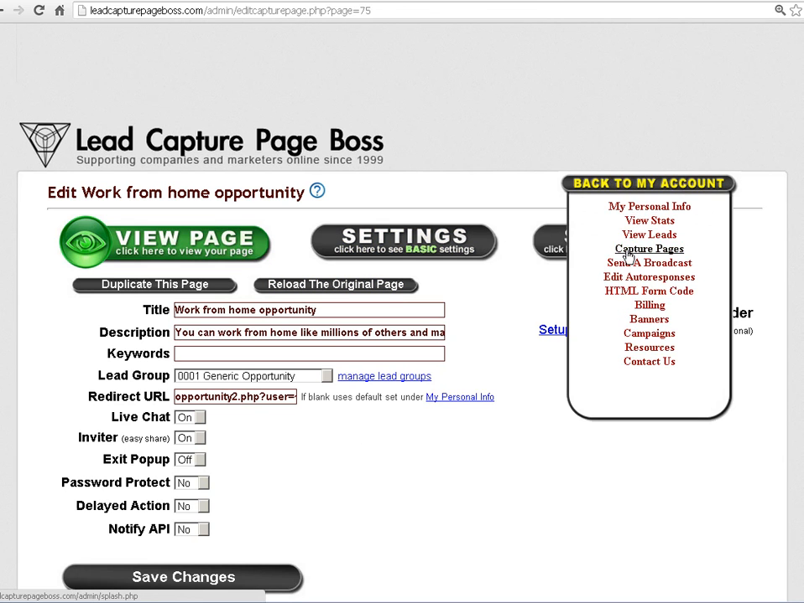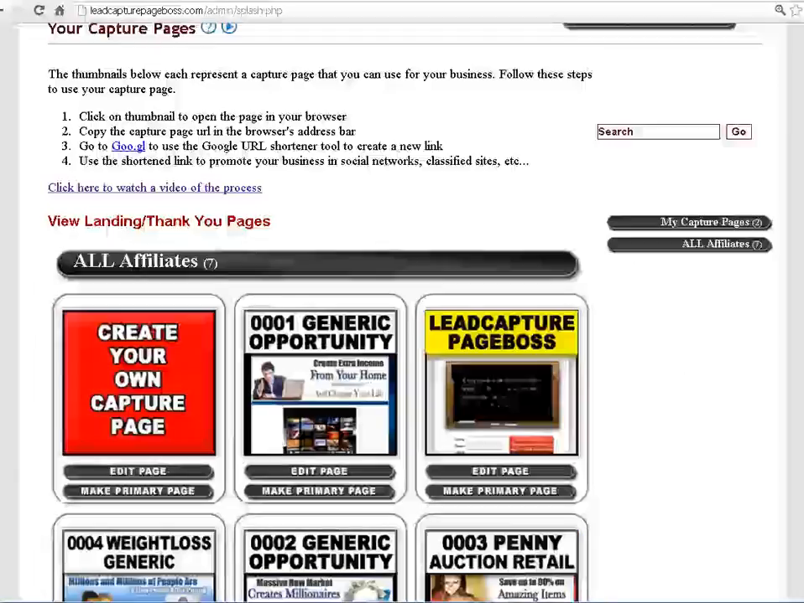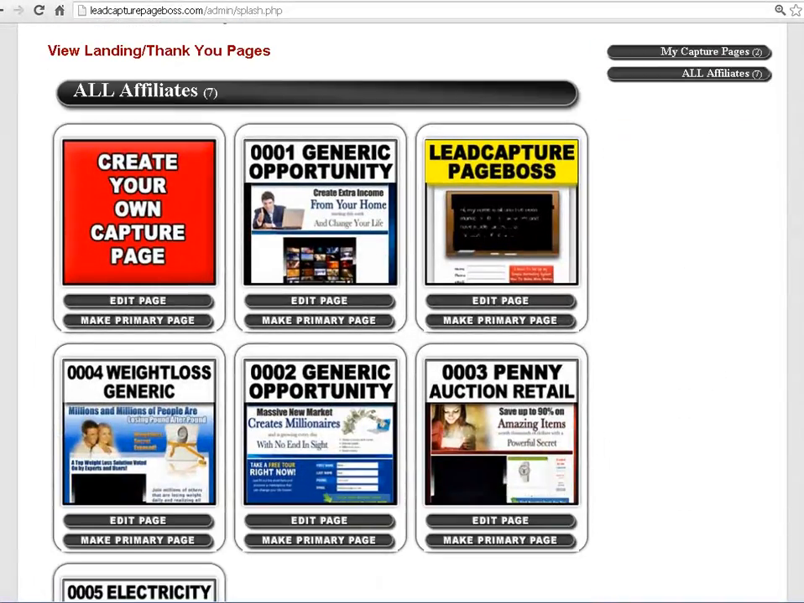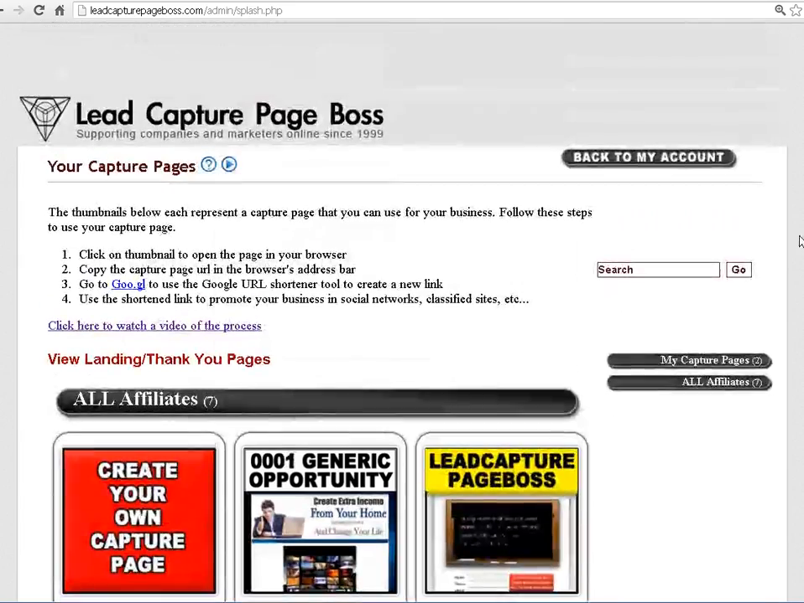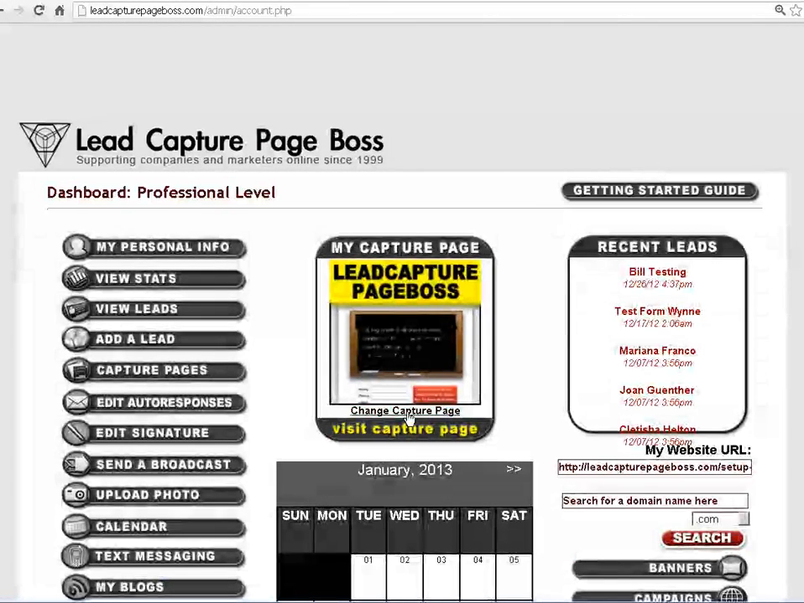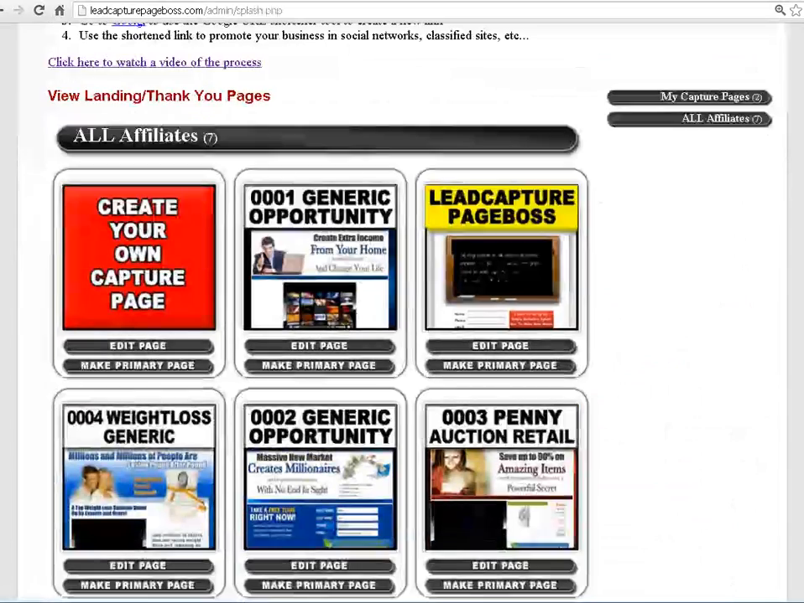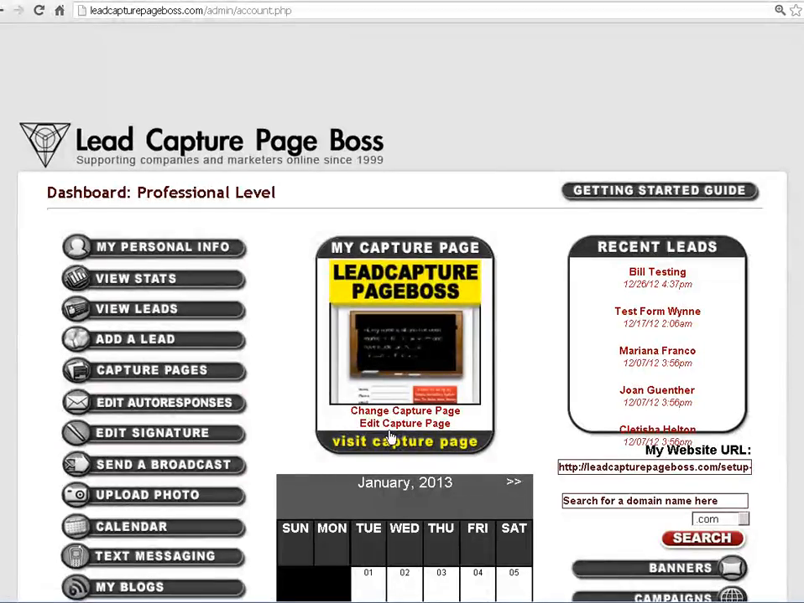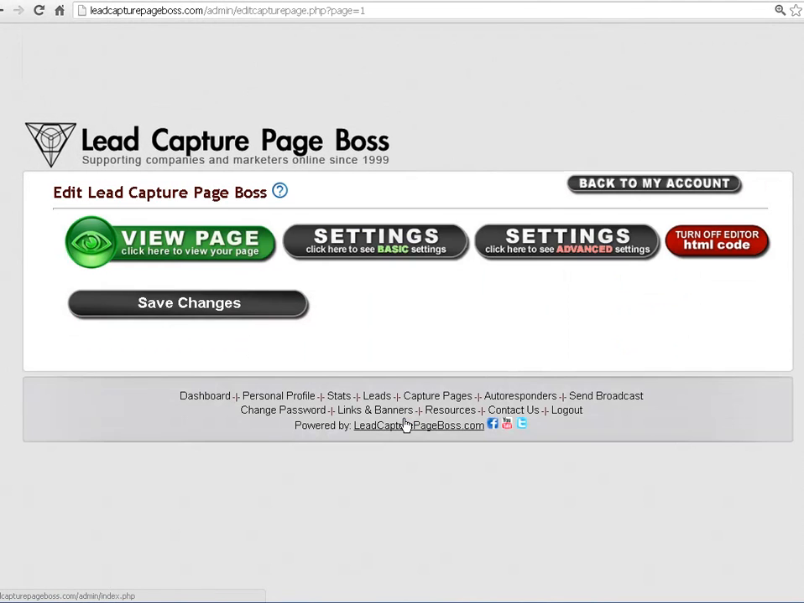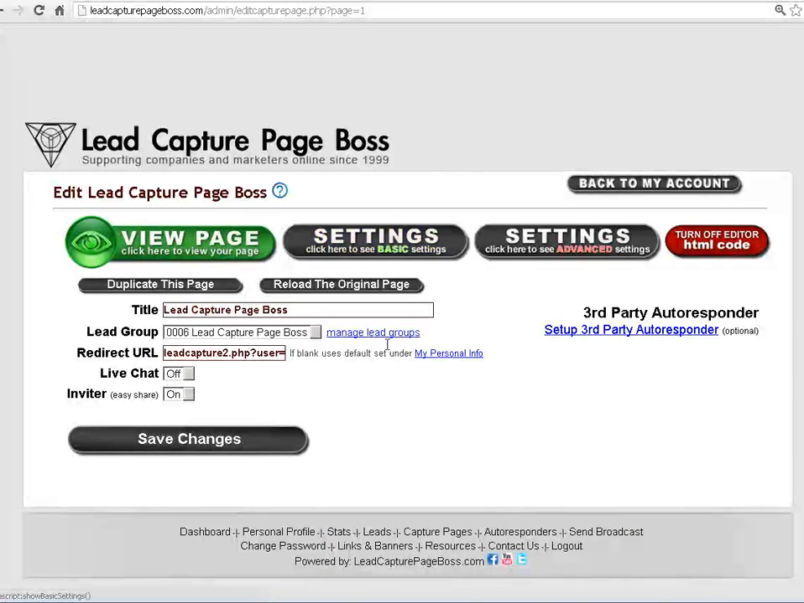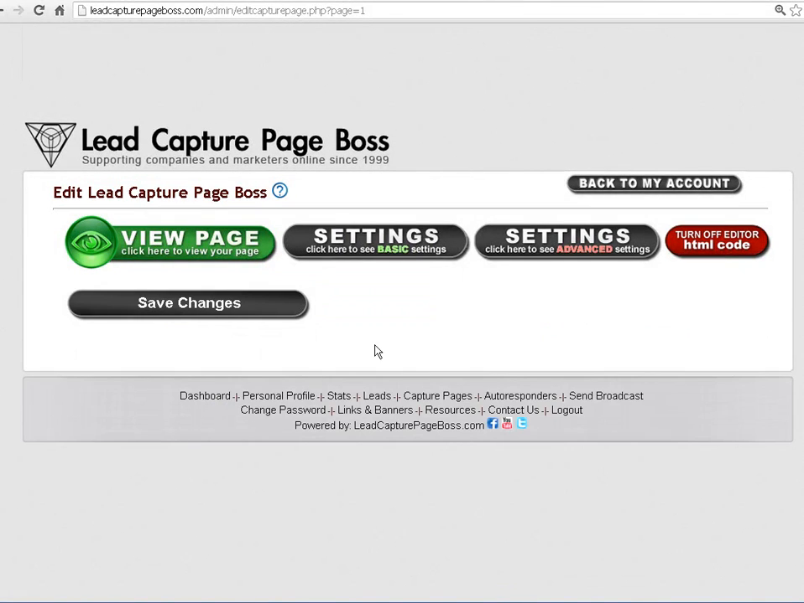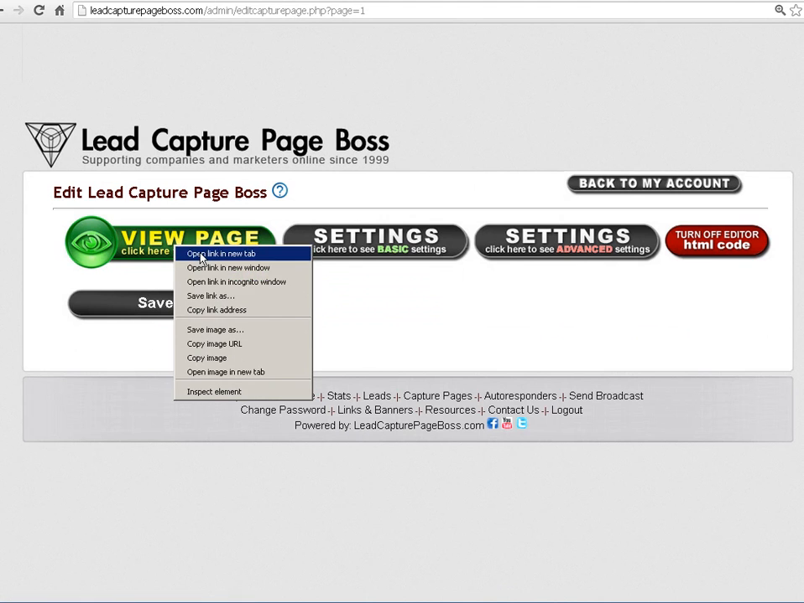Let's go back to the capture pages. What I want to show you is turning on the inviter. Actually, let's go back right to our dashboard. We have this capture page, and let's go ahead and change our page. We're going to make this the primary page, then we're going to edit it. And we see that the inviter is turned on, and we're going to turn the live chat on as well. Now that we've saved those settings, we're going to view our page,